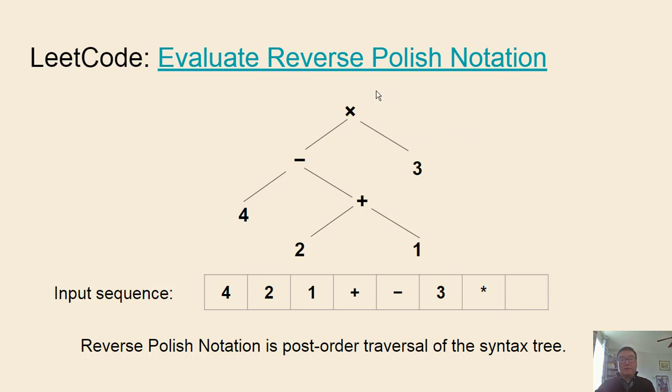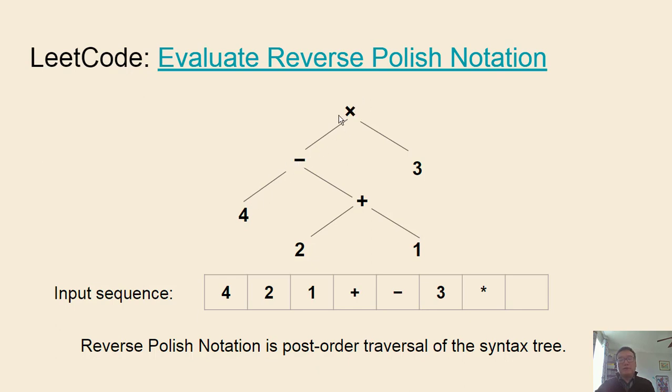And the question is how to flatten this tree into a sequence of things without introducing ambiguity. Post-order traversal is one way to do it. So for example, if we do post-order traversal here, we will first do 4, and then for this node,